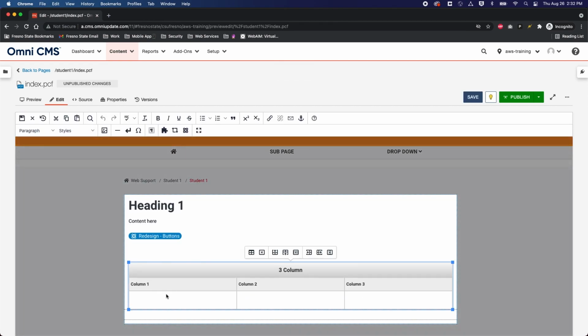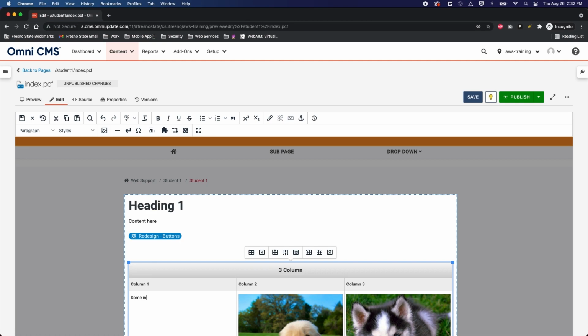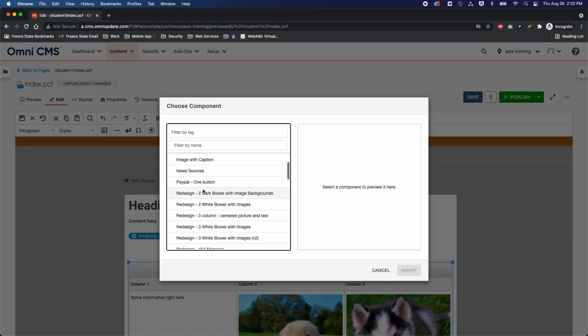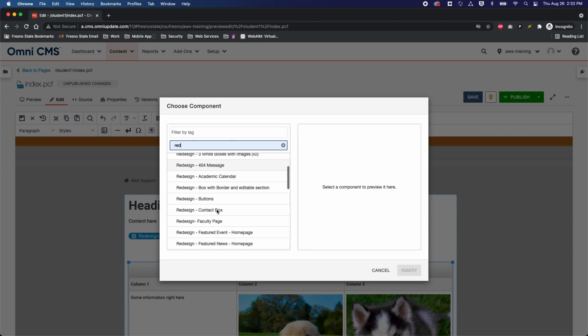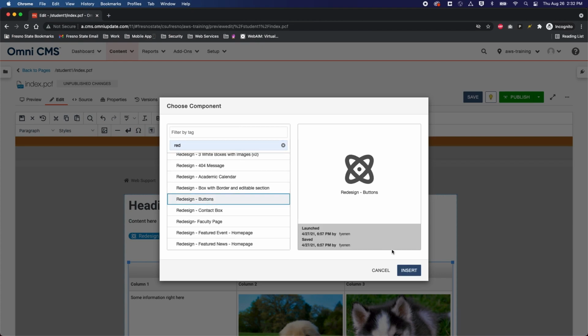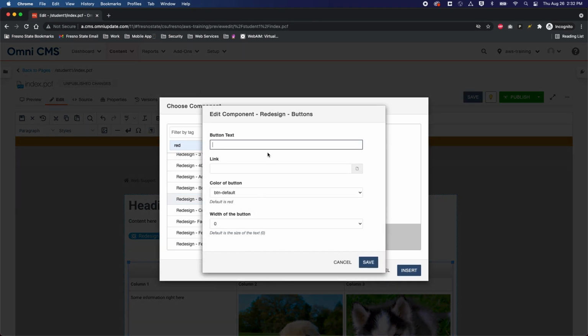And what I'm going to do is I'm just going to put some information right here. And I'm going to go to the components, and I'm going to add another button. So once again, I'm going to type red because it is easier to navigate around the library. I'm going to click insert, and I'm just going to put, what did it say, get design, new design resources,